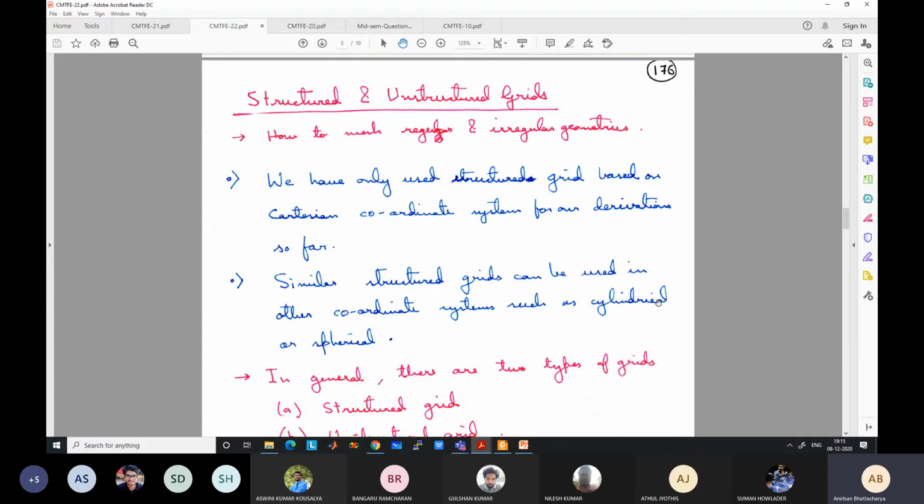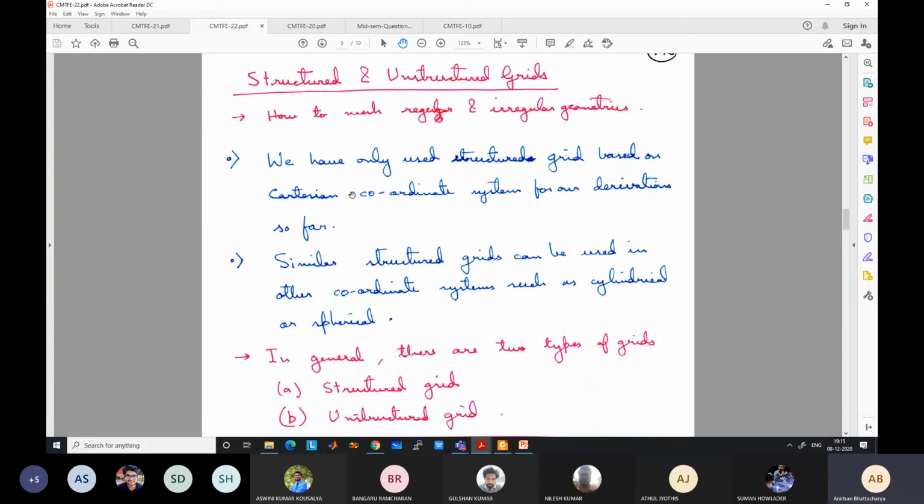There are other types of structured grids. So we will discuss what structured grids are, apart from Cartesian grids what other types of structured grids there are, and their advantages and disadvantages, and then we will discuss unstructured grids. We will see that in many CFD problems we use unstructured grids. What are the advantages and disadvantages of unstructured grids? In the next 40-45 minutes, whatever we discuss, I have written everything here. You can just read it also, but I will summarize it.